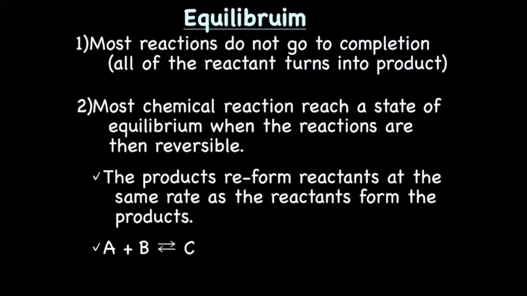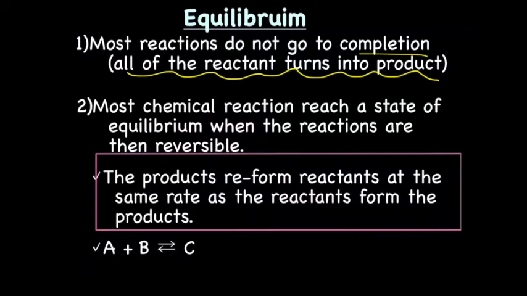Most reactions do not go to completion. When a reaction goes to completion, all of the reactant turns into product. What normally happens with a chemical reaction is that it reaches a state of equilibrium when the reactions are reversible. During equilibrium, the products reform reactants at the same rate as the